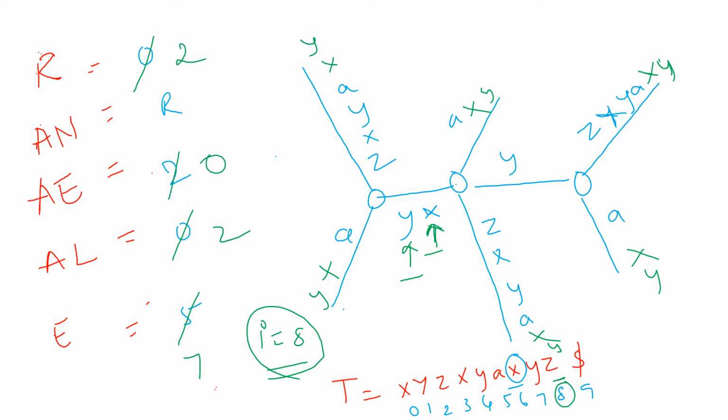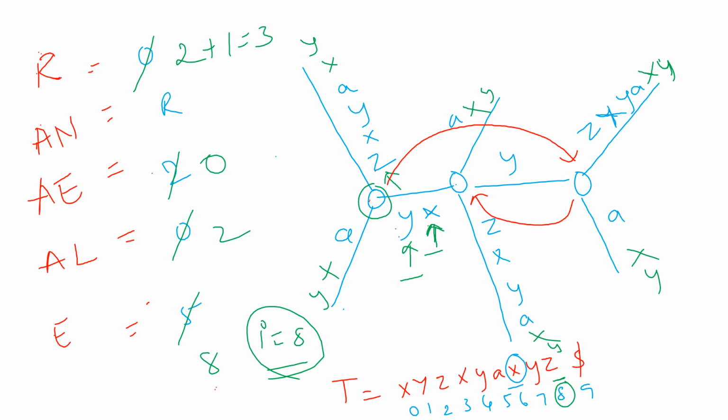n will become 8 again, and since we have to add the remainder again, it will become 3. So we'll have to check if there is a z after y. Yes, there is a z after y, but we'll have to jump to an internal node. So we had to jump to this node. I forgot to add a suffix link. So there is a suffix link here, there's a suffix link here. So now I have to move to this particular node to reach z.